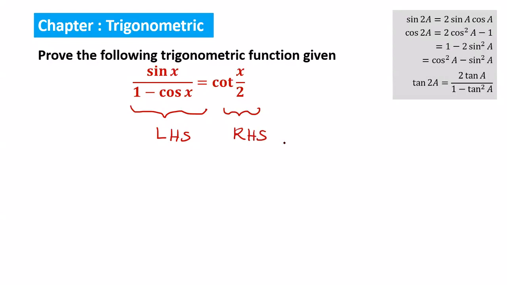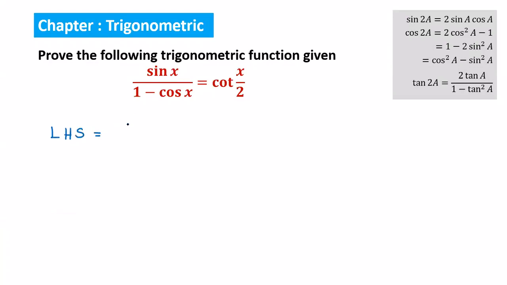Normally, class, to prove, we must take the complex side. We have to take the more complex side, which is easier for us to do the proving. So this part is called the complex part. Complex means something is bigger, the equation looks more huge, right? It looks big, right? It's like that. So now I'm going to start with my left hand side.